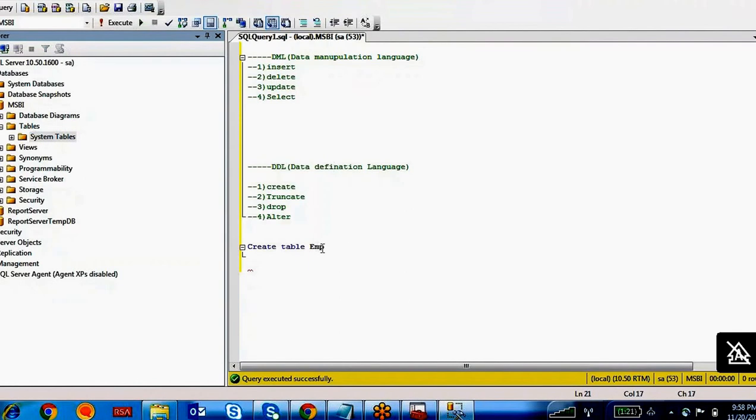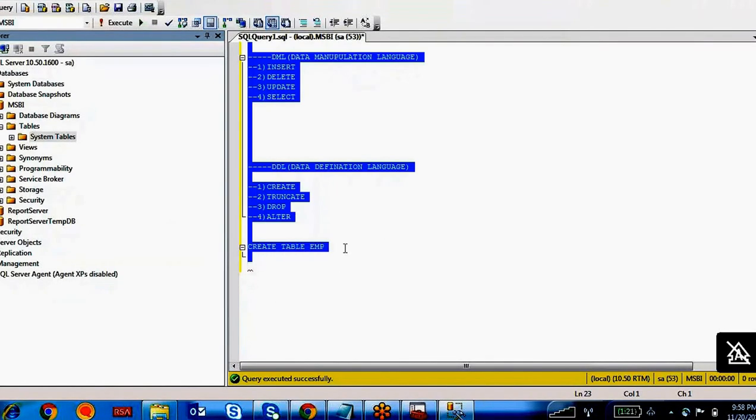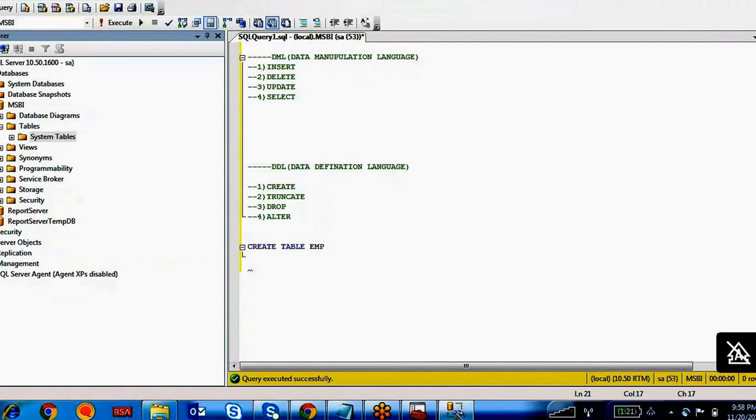Create table emp. Guys, it's better to write any statement in capital letters, because SQL Server recognizes capital letters easily. It is good from a performance point of view also. So bracket open, the first column name you have to put here.